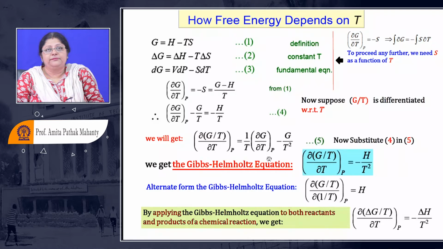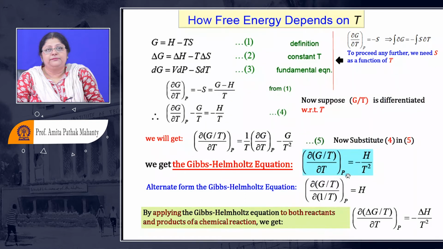You just take the simplification of this side. You just simplify this so that it becomes equal to whatever you have here. Then you can substitute H by T in that place. And if you take 1 by T common, then it is going to be minus H by T multiplied by 1 by T, so it is going to come as minus H by T square. Why it is important: we are finding out how the Gibbs energy, G by T, is varying with temperature at constant pressure.